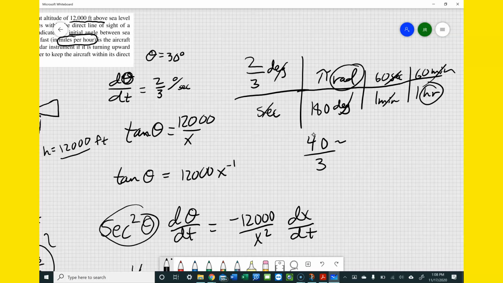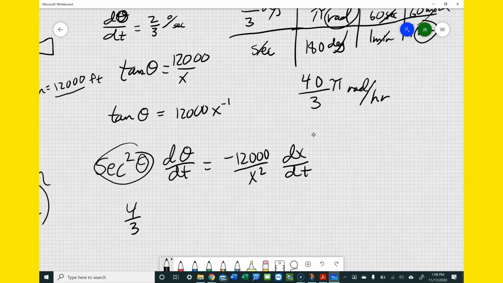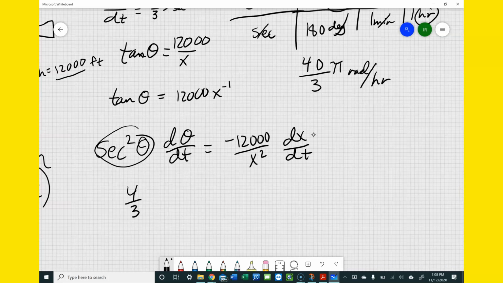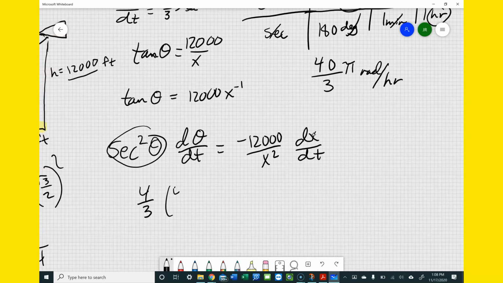So 40 thirds pi, not degrees, radians per hour. You're going to have to do that for the units to work out here, or it'll be the wrong answer. So 40 thirds pi equals negative 12,000